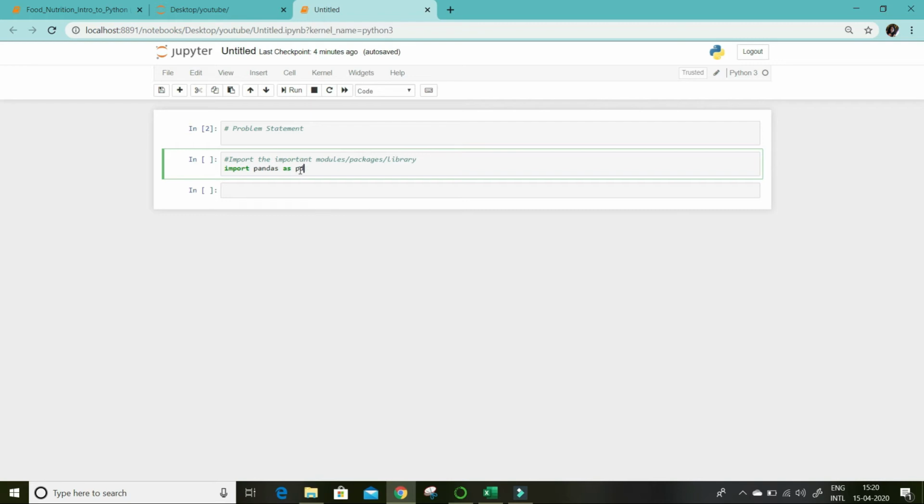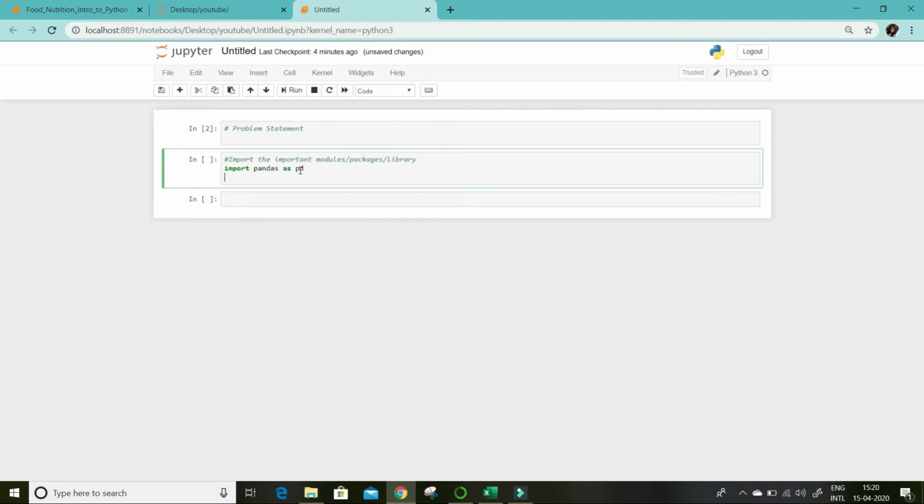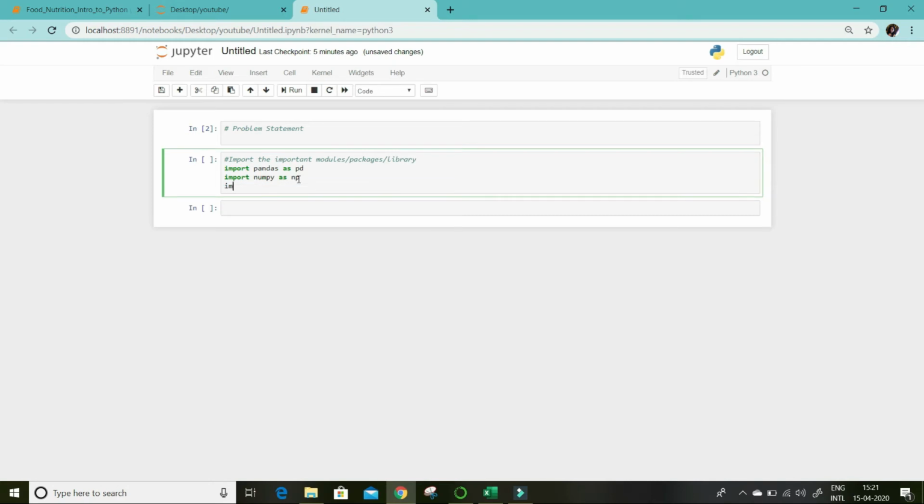There are a few important libraries. One is pandas, then you have numpy, you have matplotlib, which we will all see. But right now what is required is pandas, and then I'll do import numpy as np. It has become a trend that for pandas we use pd and for numpy we use np. Pandas is the Python data analysis library, required for your data analysis. It is used for data frame conversion, analysis and data manipulation, and numpy is used to convert to vectors or do any numerical operations. One more library I'm importing is import os.